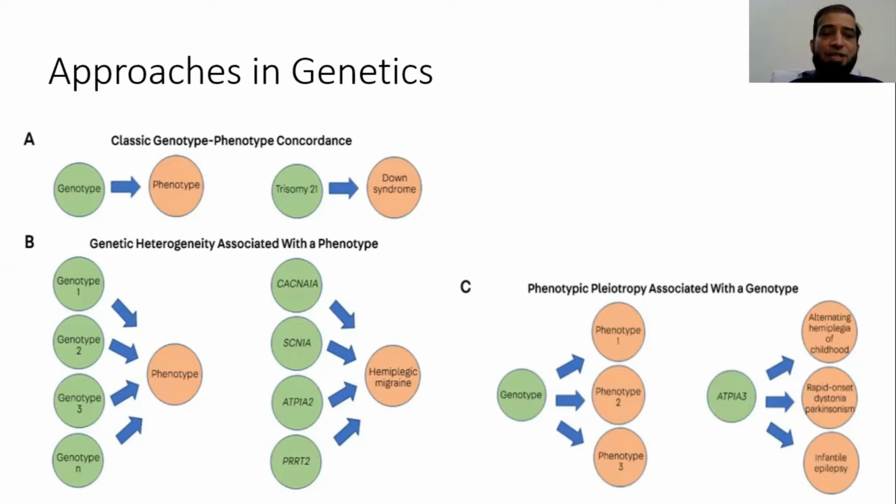When it comes to genetic heterogeneity associated with the phenotype, it's many different genotypes giving you the same phenotype. The example is CACNA1A, SCN1A, ATP1A2, and PRRT2 giving you hemiplegic migraine. On the other end, there is phenotypic pleiotropy associated with the genotype, where one gene gives you many different phenotypes. Besides what we discussed in part 1, ATP1A3 giving you alternating hemiplegia, rapid onset dystonia, or infantile epilepsy could be